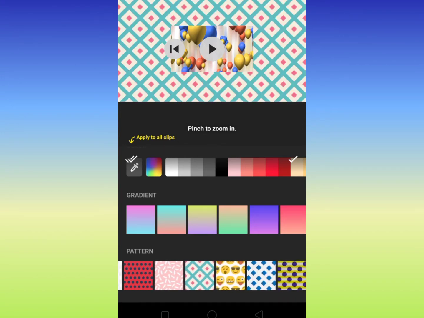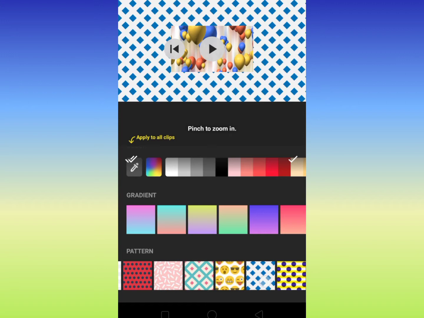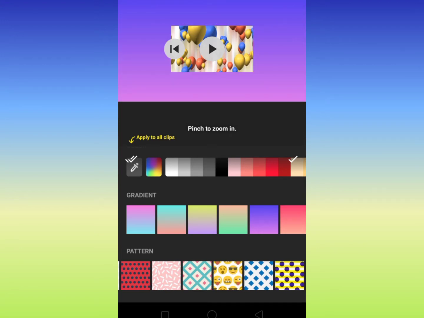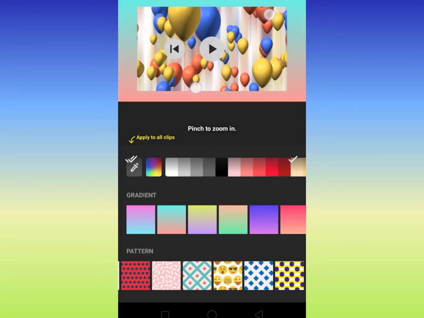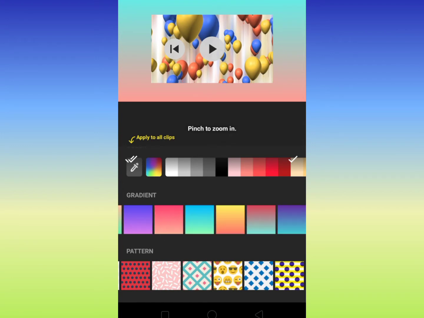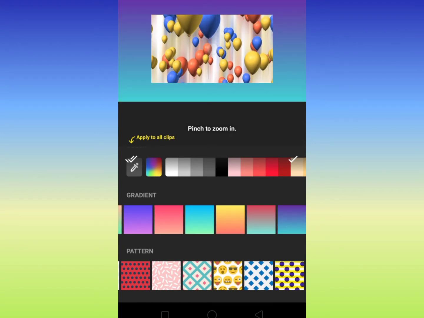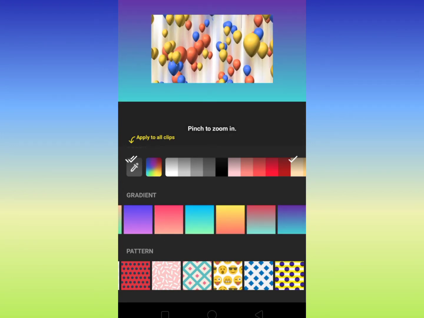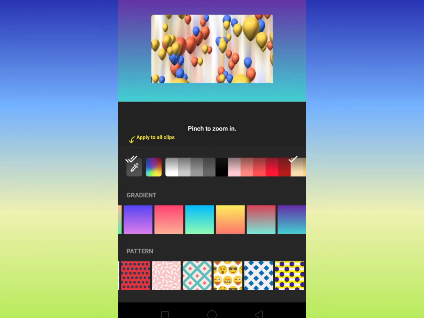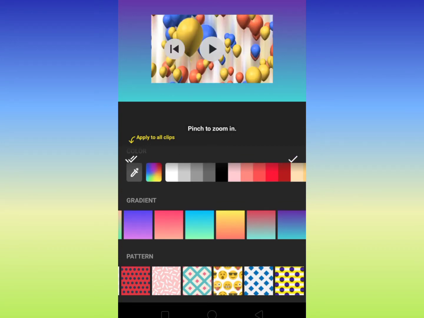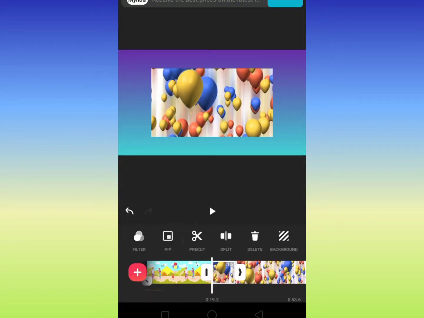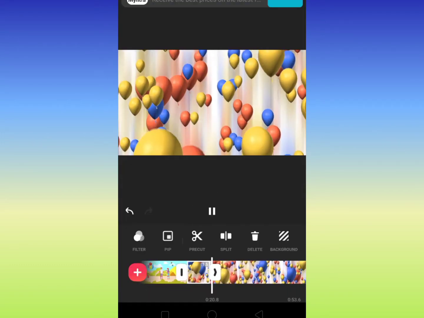And the first option is the gradient, and the second option is the various patterns which you can select. So I have selected the gradient one, and if you notice, in the next parts of the video I have just used this portion in a particular part of my video.